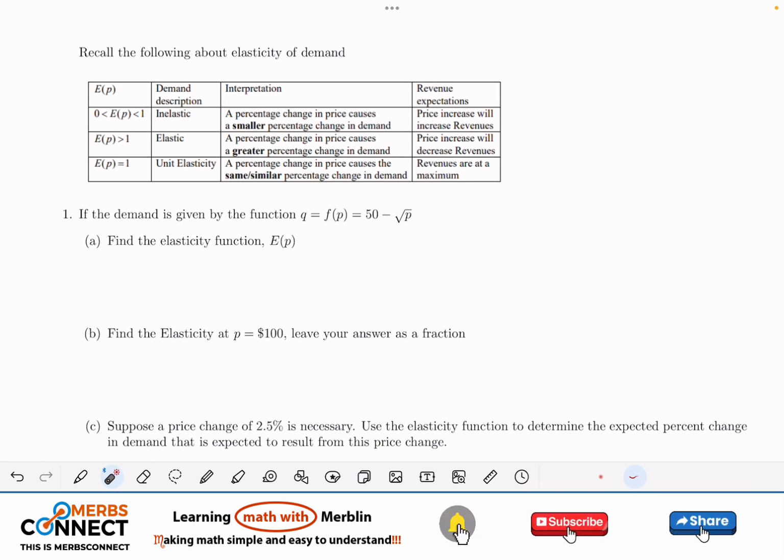So we have the elasticity when it is less than 1, or in between 0 and 1. We call it inelastic. It means that a price increase will increase the revenue, right? And then when it is greater than 1, we talk about elastic. An increase in price will decrease the revenue. And when it's equal to 1, which is the unity, then revenue is at its maximum. Then this is the interpretation whenever we are looking at, maybe if we are done and we need to